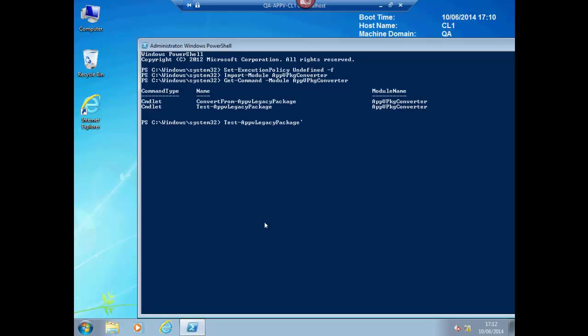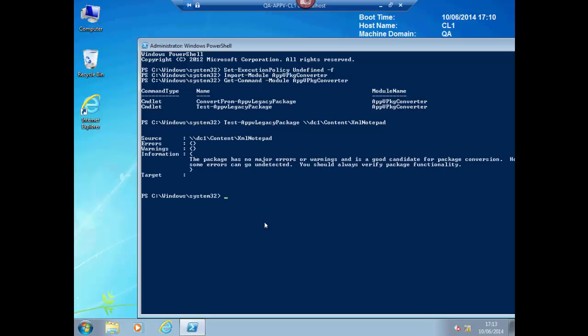-AppvLegacyPackage and I path it to //dc1/content, and if we choose the XML Notepad folder, then the test will run against that particular folder and it tells me that there are no errors or warnings for conversion. So the next thing I need to do then is convert